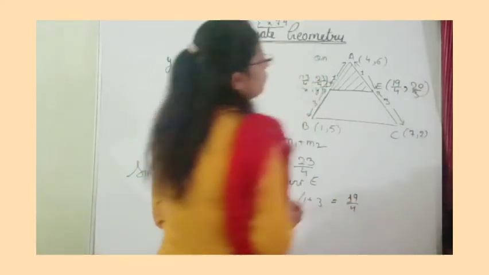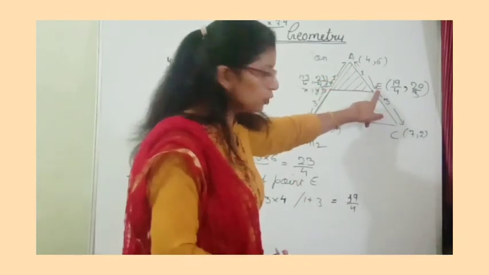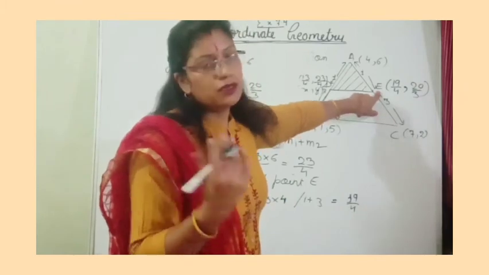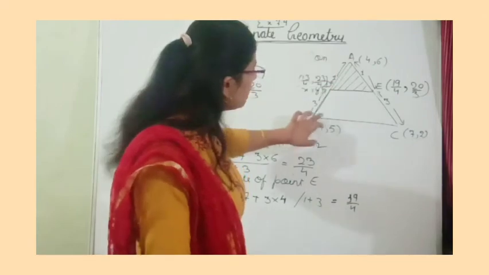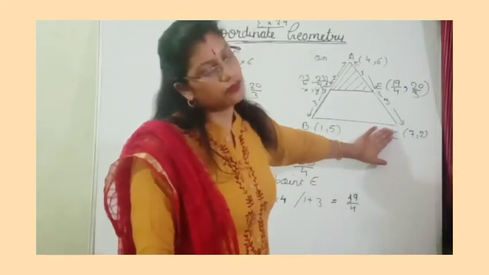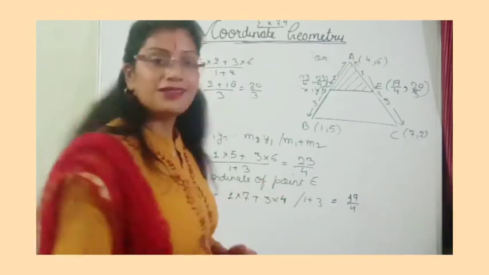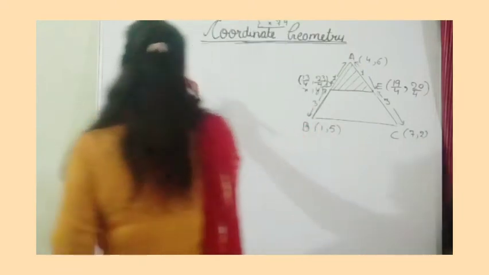So we got the coordinates of point A, point D and point E. So we can find the area of this triangle by the formula of area of a triangle, and same way A, B, C we can find the area of this triangle also. Then we can find the ratio of these two. So let us calculate this one. Okay. So find the area of the triangle.